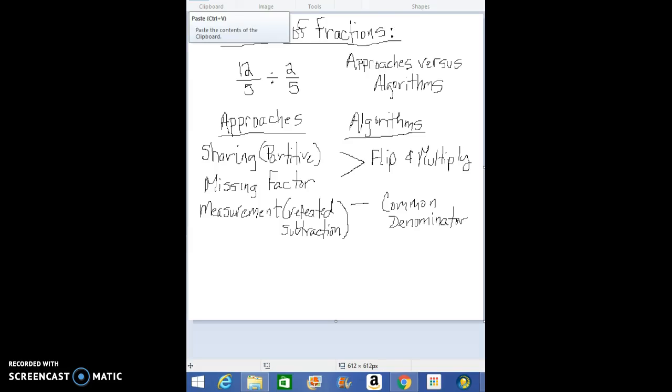Hi students, we are going to be talking about division of fractions, and you've already seen some videos about it, and I know there's a lot of material here, but I really think this is a very important topic. First of all, because students struggle with it, you yourself might struggle with it, and also because I think, getting